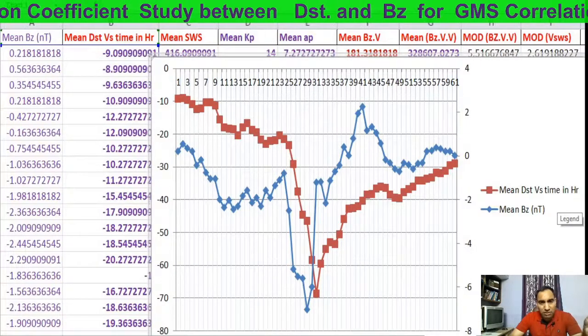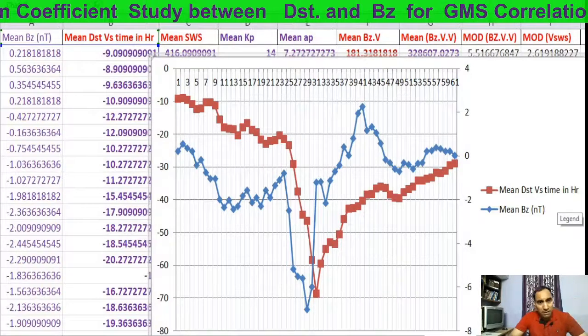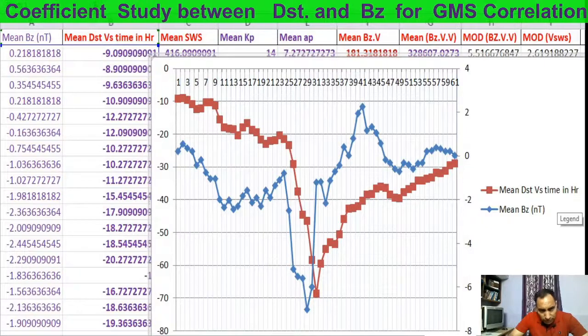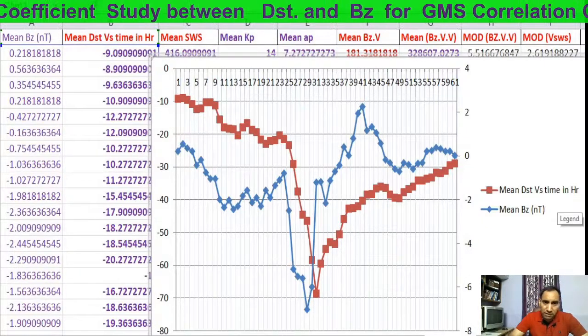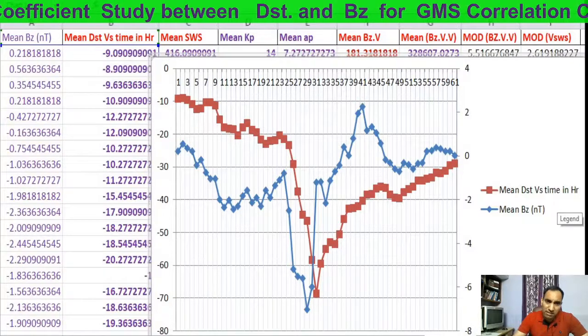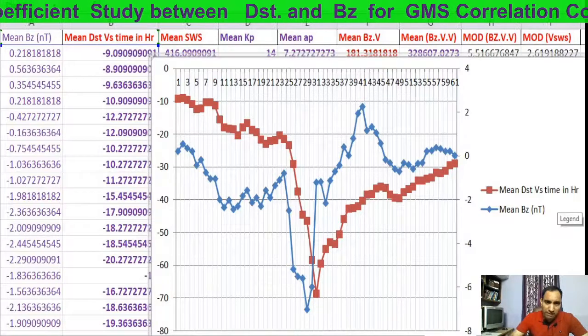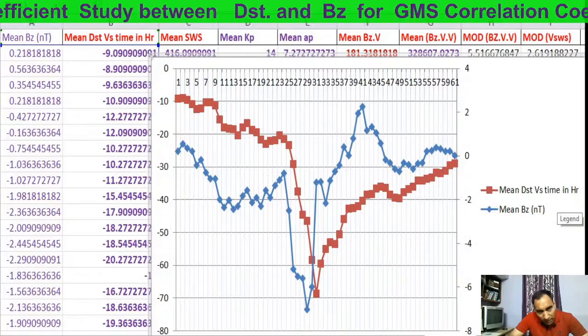As a result the geomagnetic Dst index, which is here, goes down up to a minimum value of -70. Sometimes it goes to -80, -100 or -400, -300 also, but that is a huge event. So it is disturbed to -70, then it comes back,